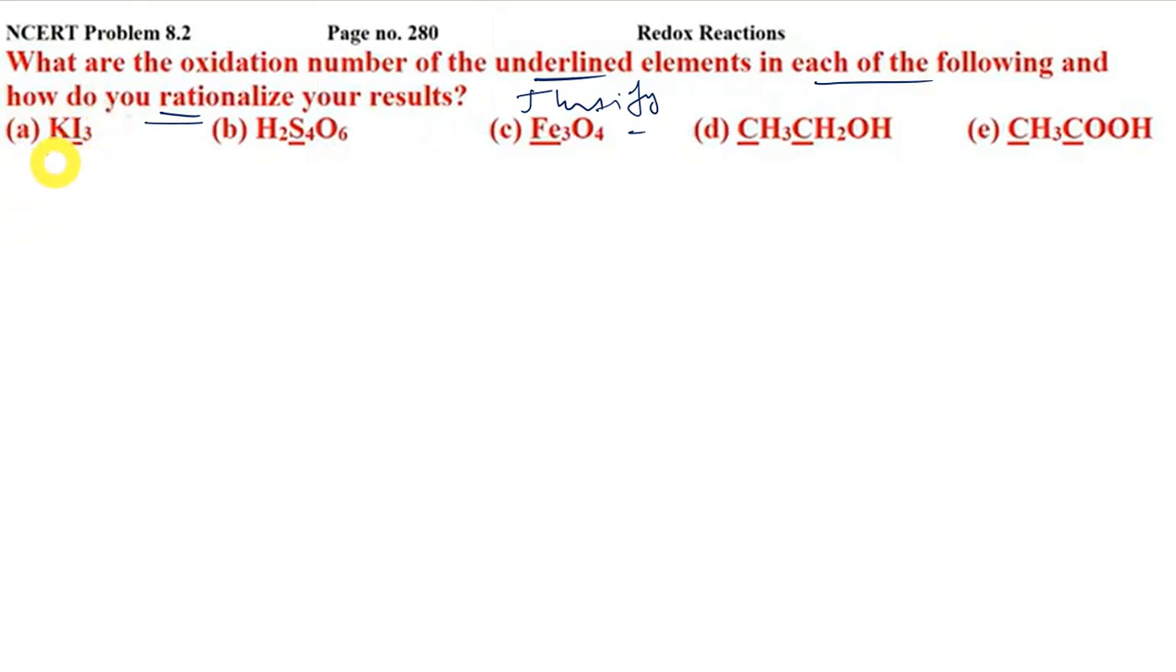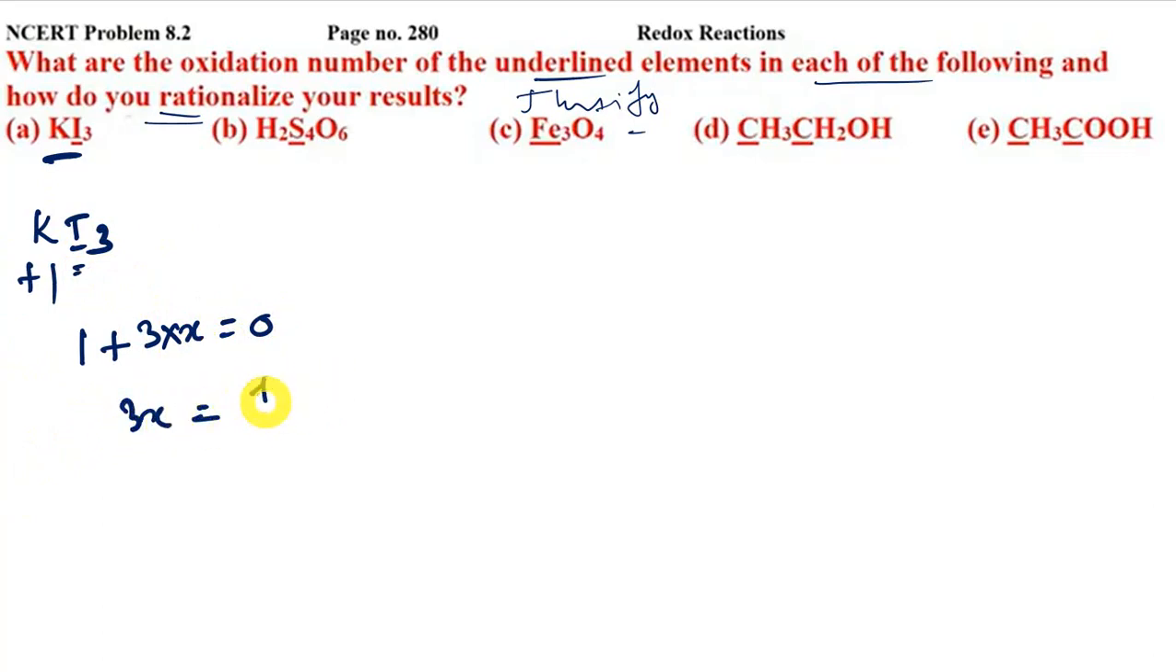So this is KI3. So let us write KI3. We know that the oxidation state of potassium is +1. So 1 plus 3 into X, taking iodine as X, is equal to 0. So we can write it as 3X is equal to -1. So X is equal to -1 by 3. Right? But